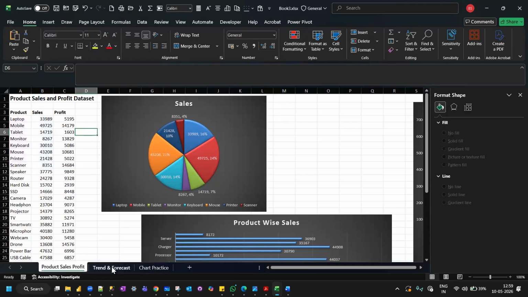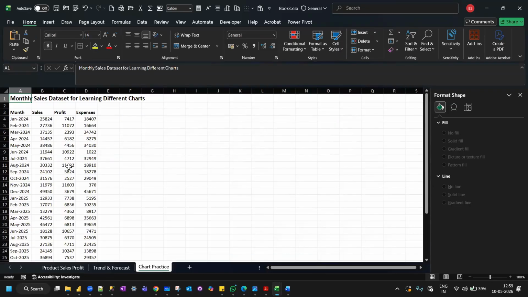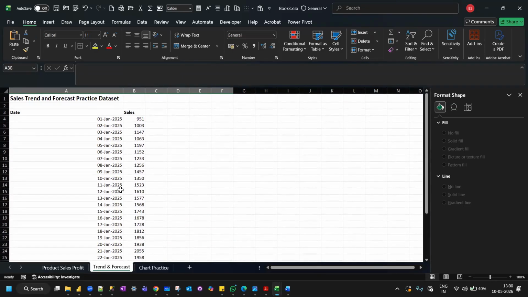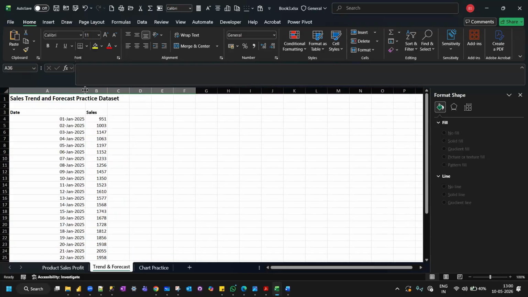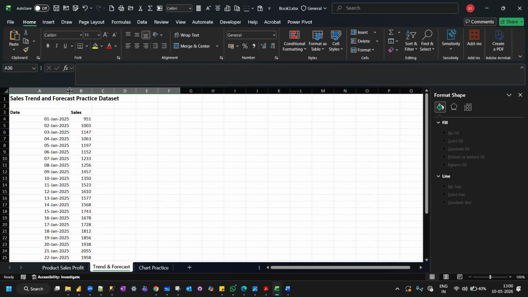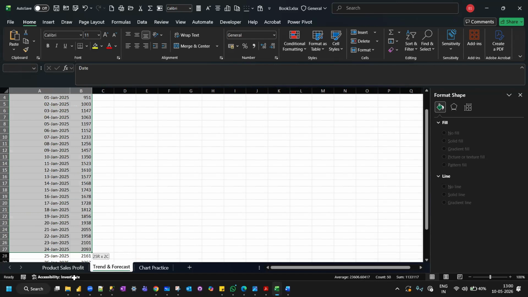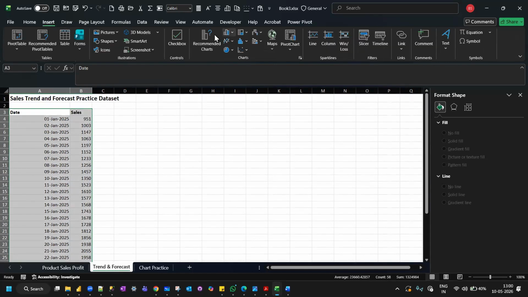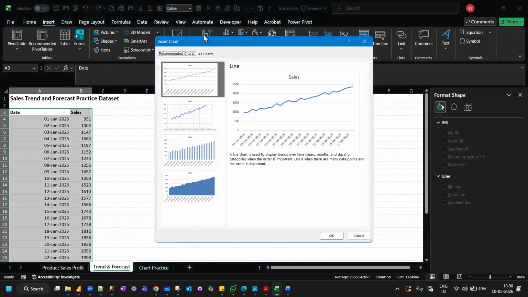But let's come to the interesting one, which is your trend chart. Now, if I have to show a trend line, there is one particular use case of line chart. Whenever you have to show a trend line, it will always require a date field. So first you should see if you have a date field here. You can see I have a date field here and sales. So let me pick up this range, go to insert, go to recommended charts, and